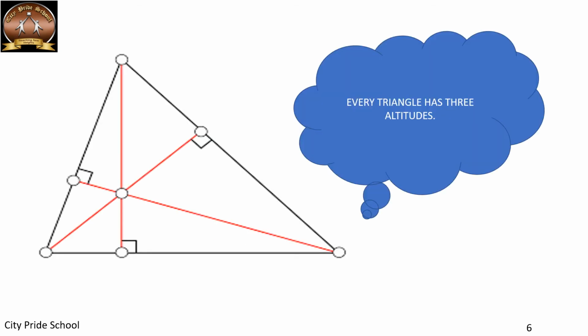Now observe this diagram also neatly. See here in this triangle, all the three altitudes are drawn over here. And are they meeting at a single point? As you can see, they are meeting at a single point. Can you observe this diagram neatly? So the three altitudes intersect in a single point, and that point is called orthocenter of the triangle. Okay, clear? Where all these three altitudes intersect, right? That point is said to be orthocenter of the triangle. I hope all of you understood this.